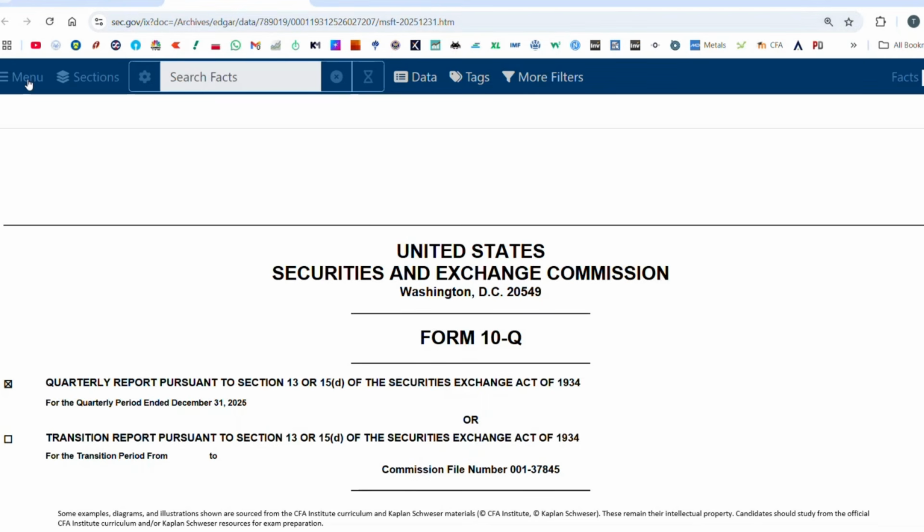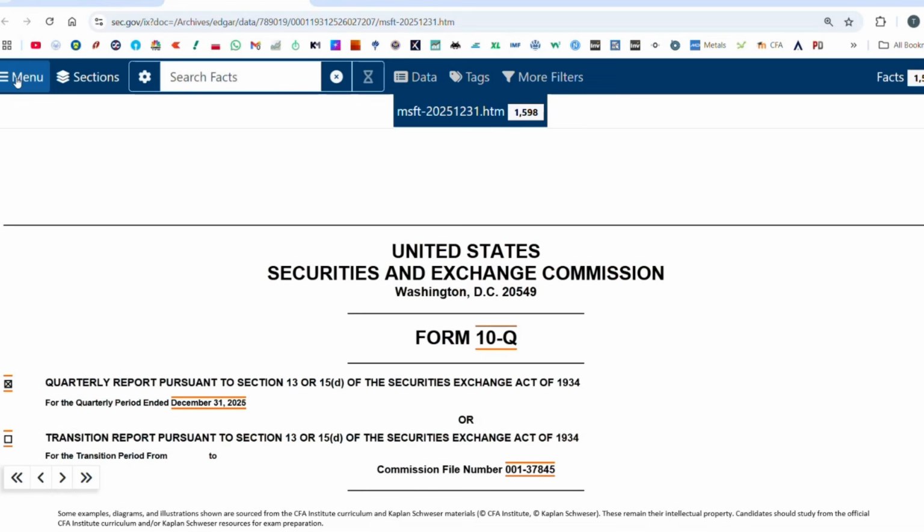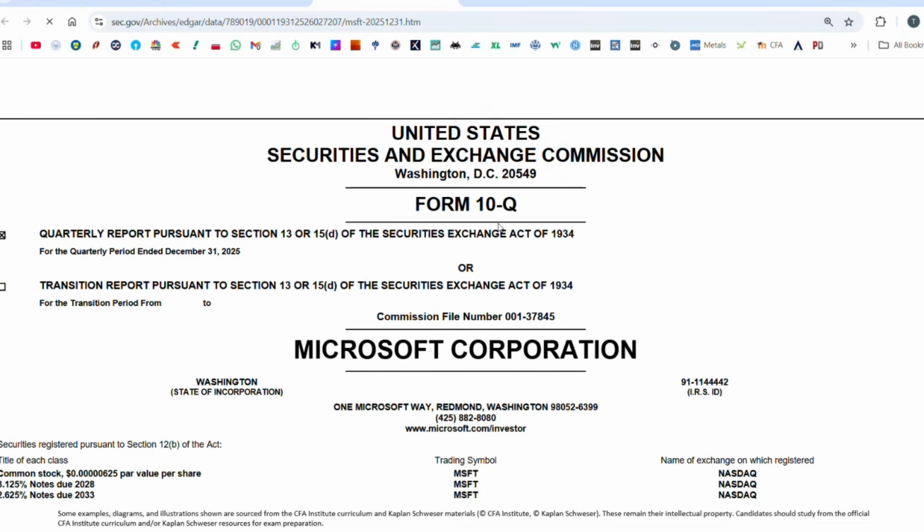Okay, perfect. Let's just move this to an HTML format that would be easy to work with. Perfect. So this is how an annual statement or a quarterly statement will look like. This is a quarterly statement, form 10Q. 10Q is a quarterly statement, and if it is 10K, K is an annual statement